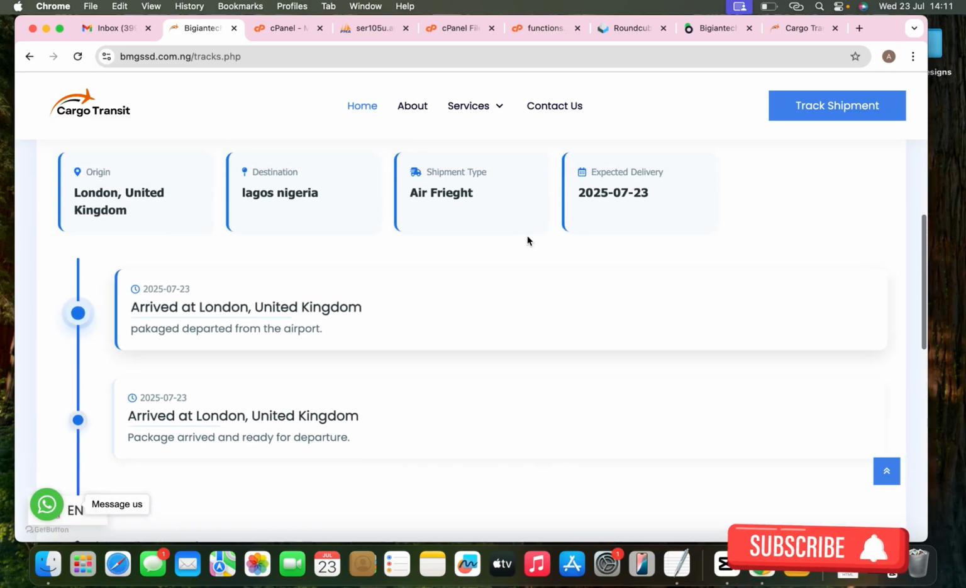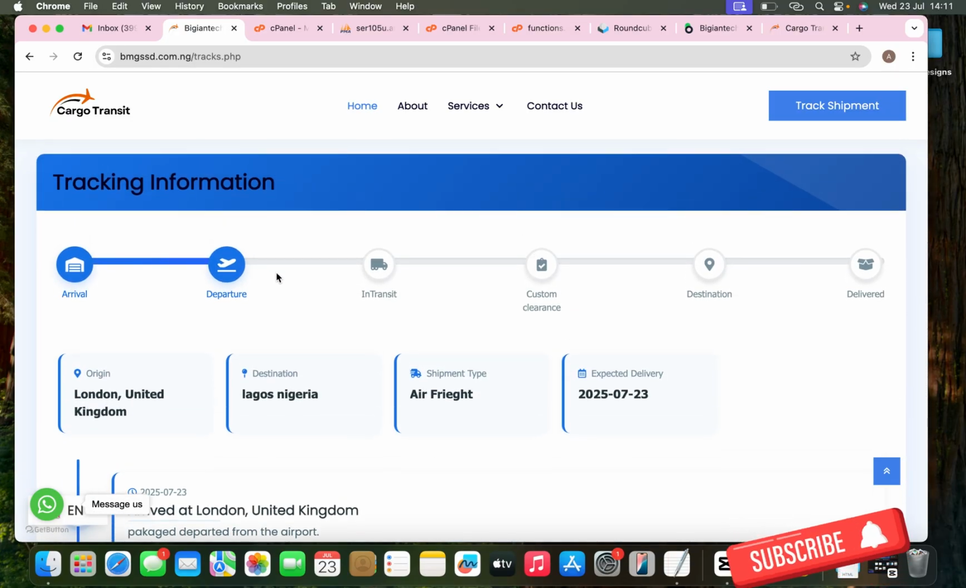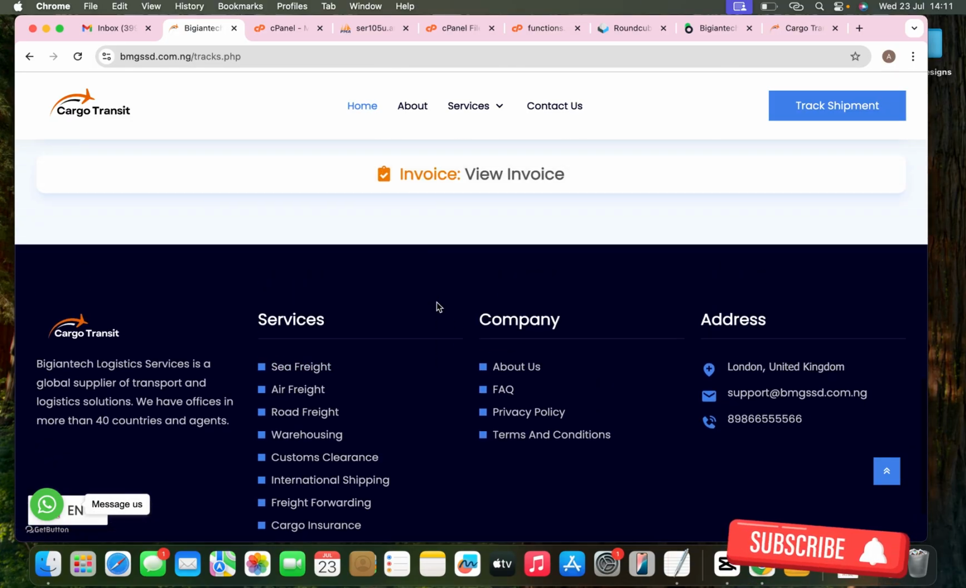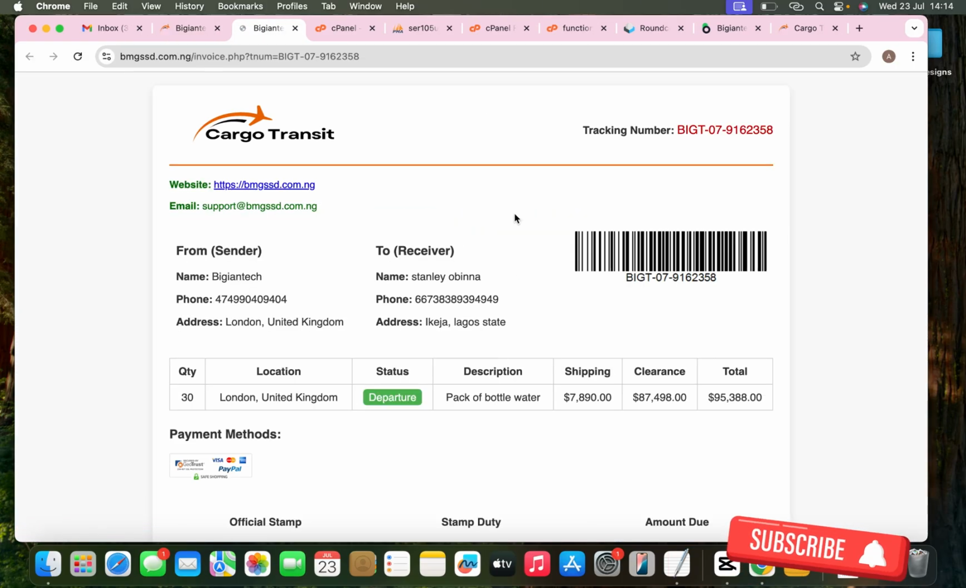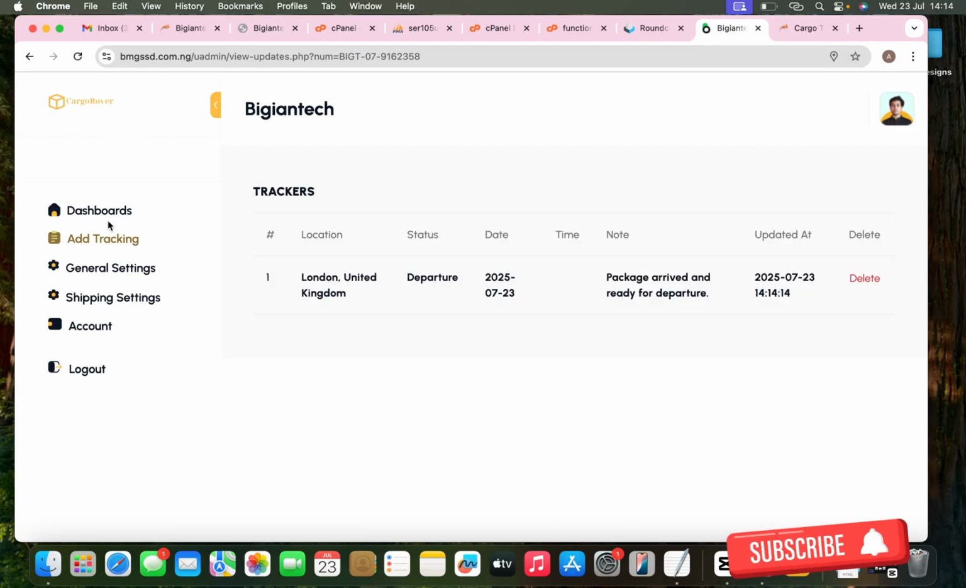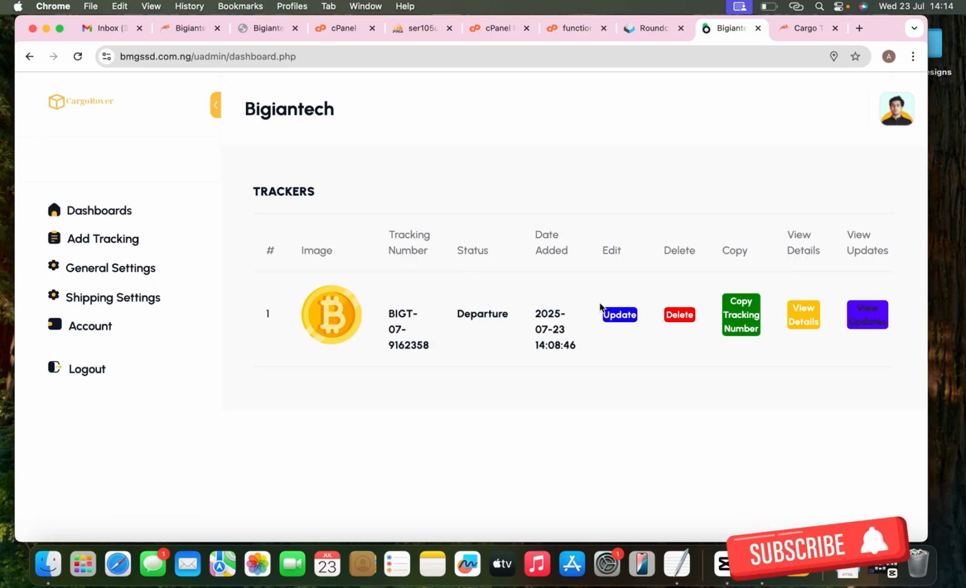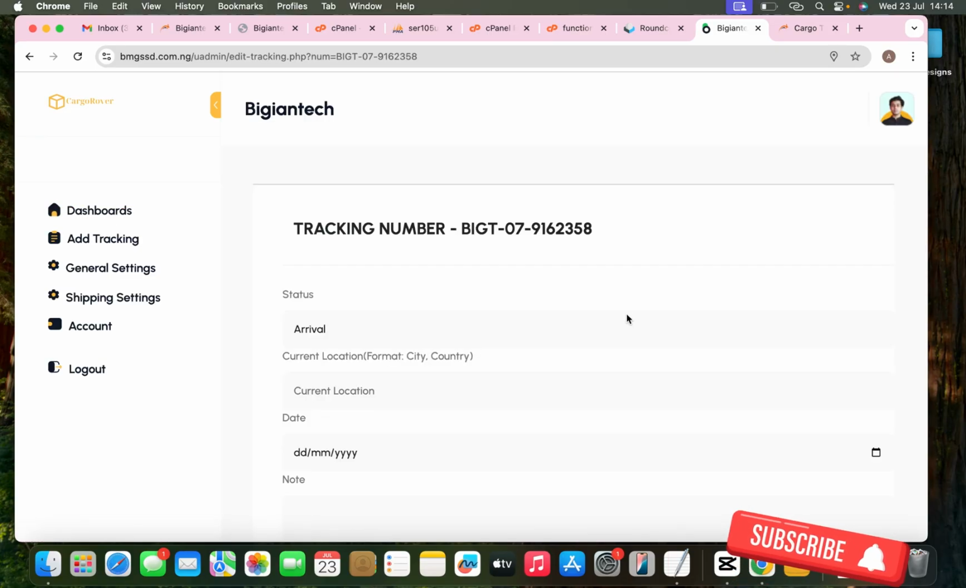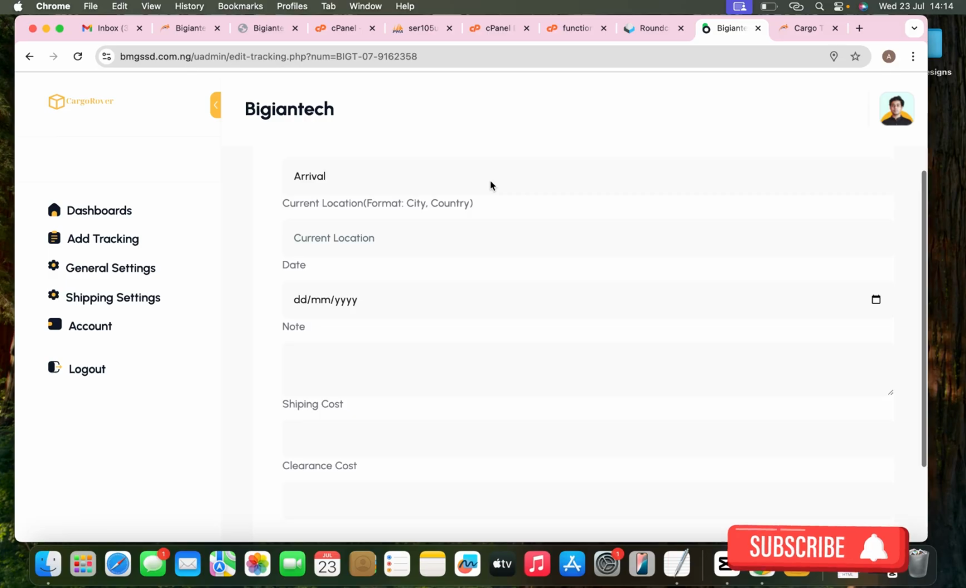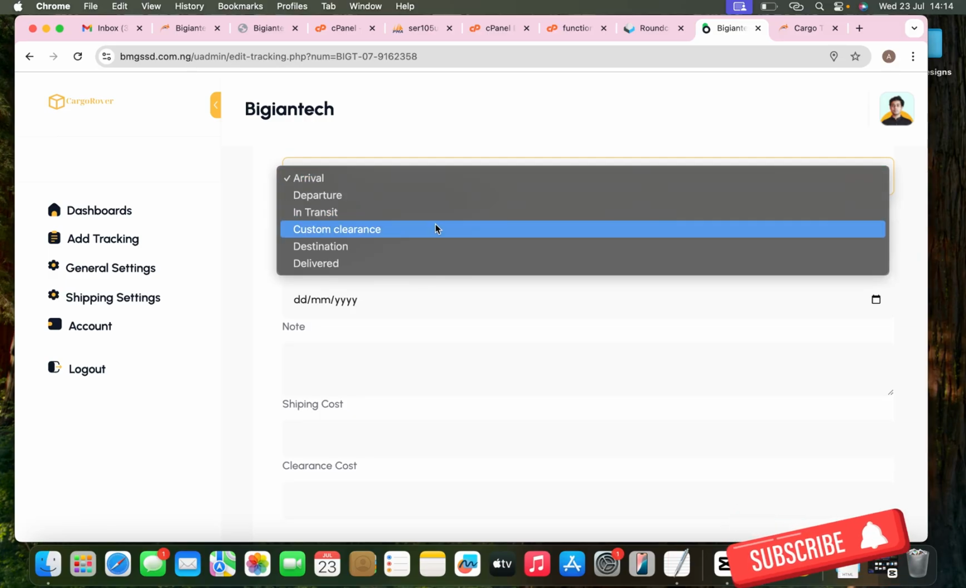Now you can see how it is. You can see they departed, right? So if I come back to print invoice, you can see the figures here. So if I go back to admin, then if you come to update again, I'll show you guys something to do. Once you come to, for instance,